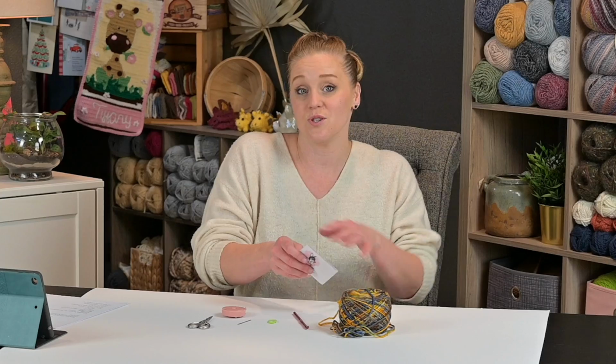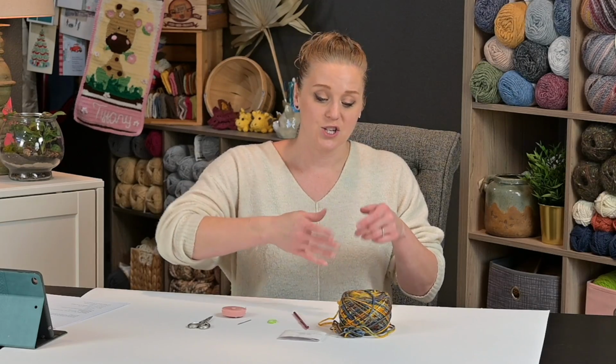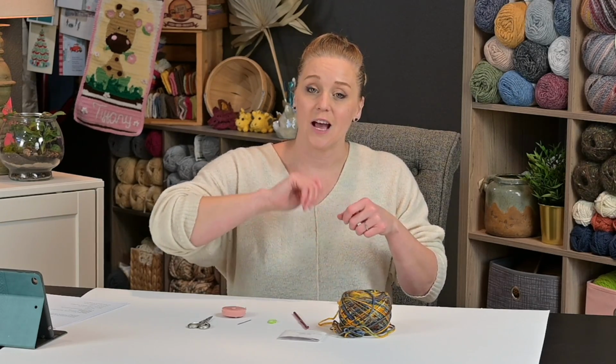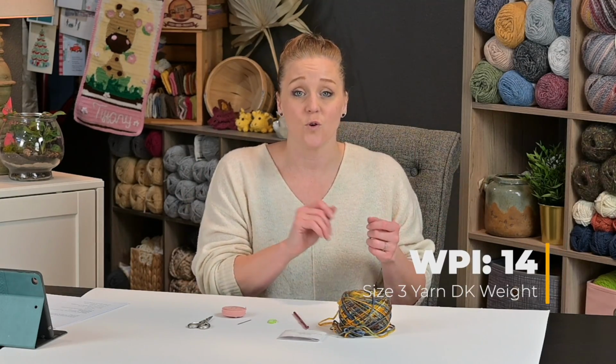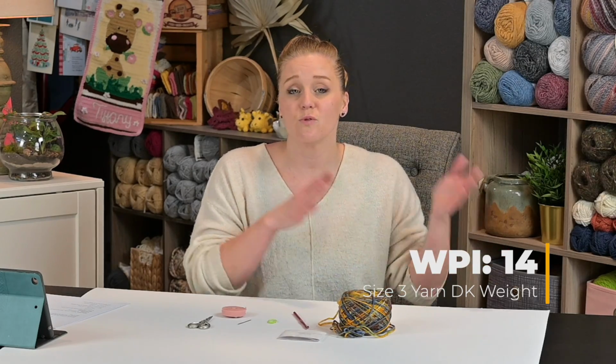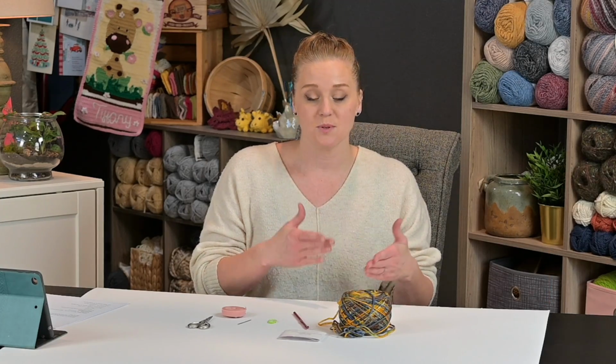If you would like to substitute for something completely different, I did do a wraps per inch with this yarn, where I took the yarn and I wrapped it around a ruler and found out how many wraps per 1-inch increment I could get with the yarn strands right next to each other, and there were a total of 14. So this yarn is 14 wraps per inch, which throws it right into the size 3 weight yarn, DK size yarn category. So if you want to substitute this yarn out for something completely different, have fun, feel